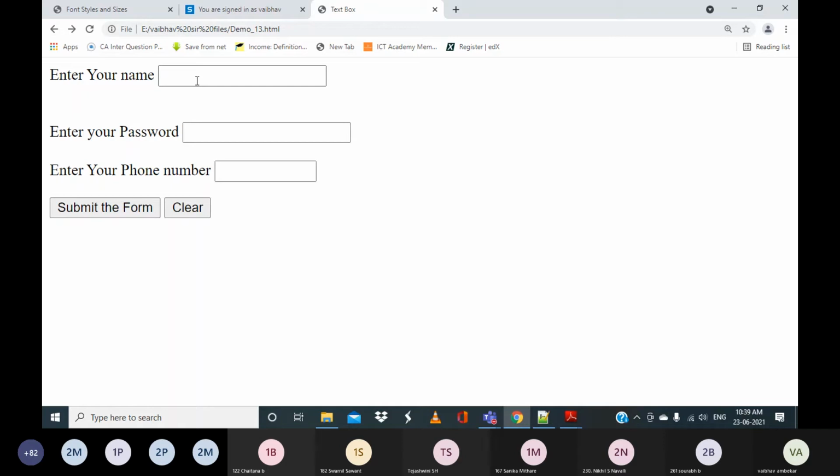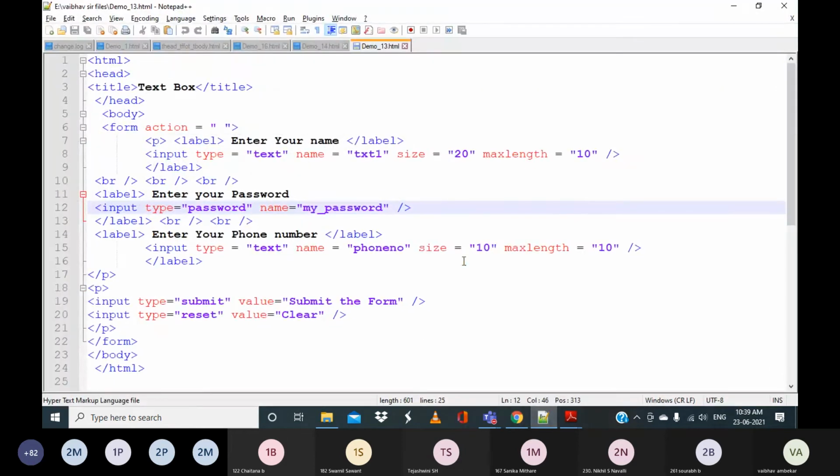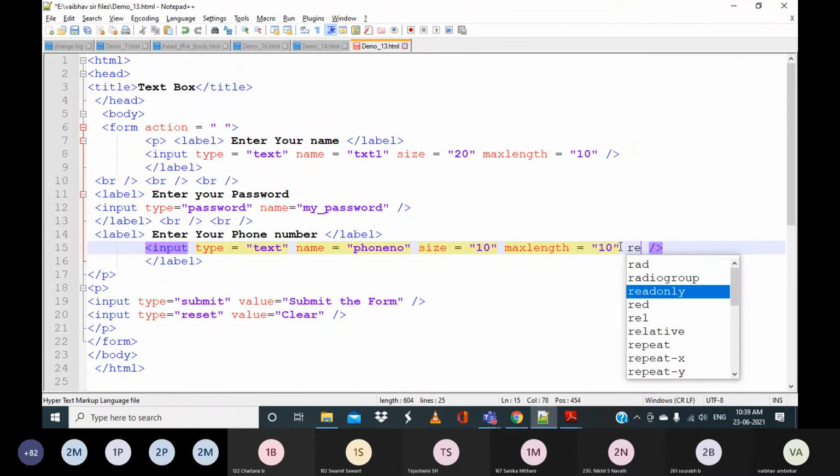In case you want the name, password and phone number to be required, there is an option called required. For this I have created another label and here I have mentioned it. After mentioning max length, I can say required. Different attributes as well we will be discussing later on when we discuss JavaScript and CSS.